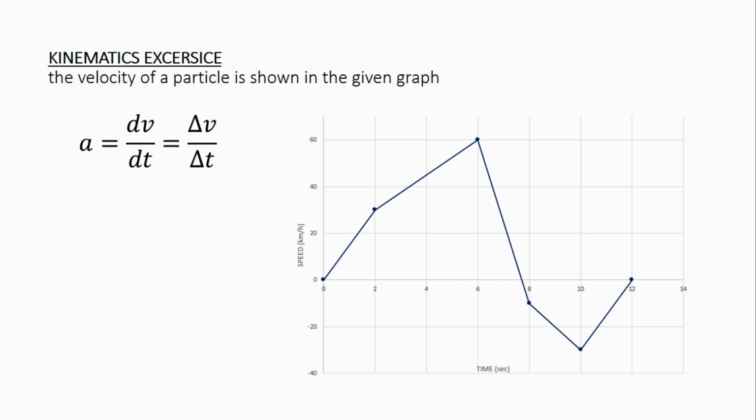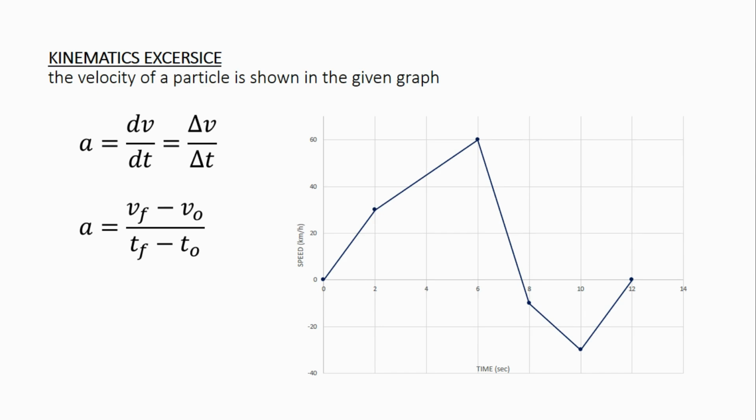We know that acceleration is the derivative of velocity with respect to time, and considering that the geometric definition of the derivative of a function is the slope of a tangent line to a point on a graph, in this case, since we are dealing with linear graphs, the desired slope is the slope of the respective section. Therefore, this differential definition becomes a ratio between the change in velocity and the corresponding time interval. Or, equivalently, the difference between the final velocity and the initial velocity divided by the time interval over which the